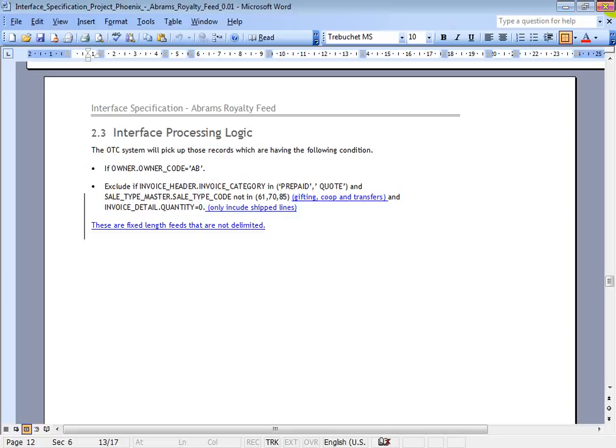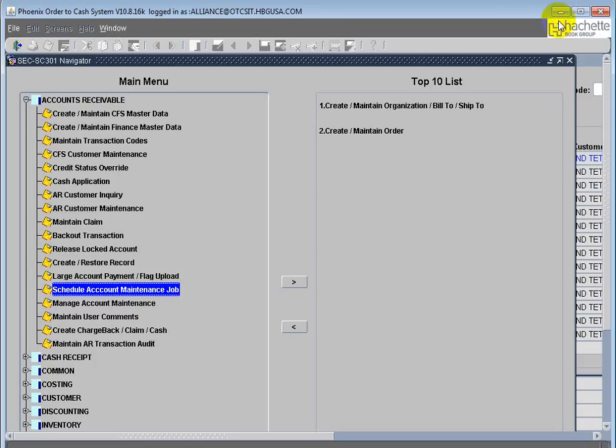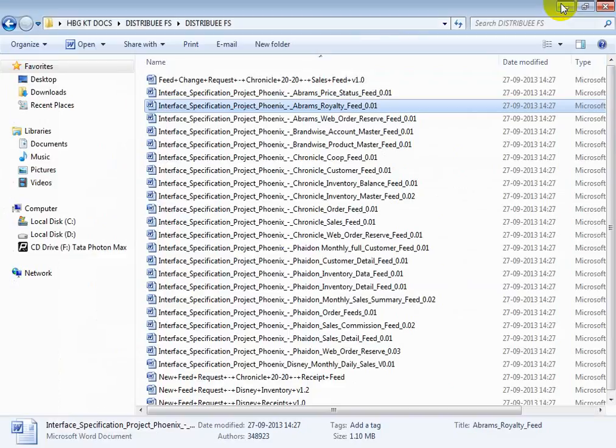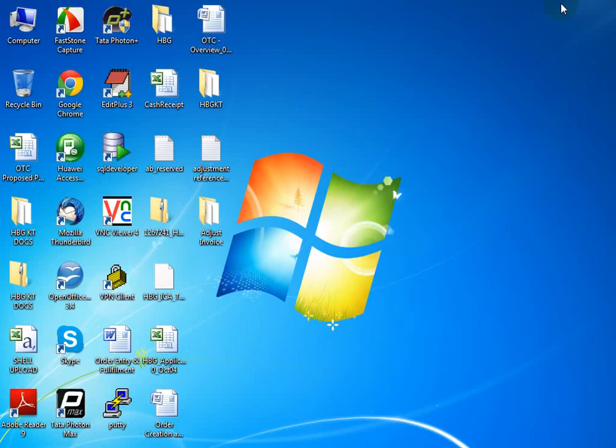I have told you, it will have a different name, the same file but the name is different, like Abraham's royalty feed. All the distributor interface files will be generated at data staging distributive of the server. So we need to validate that the file structure is correct. After the 31st, it's not necessary, but you need to update if any new requirement or any issue has been raised for this interface, then only you have to test. Otherwise, there is no need to test this.